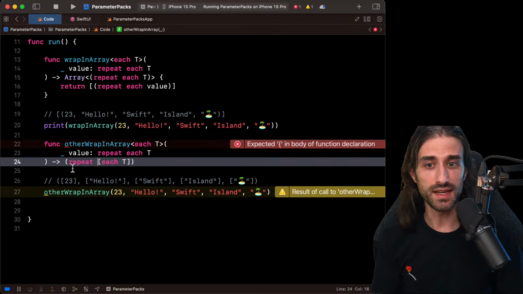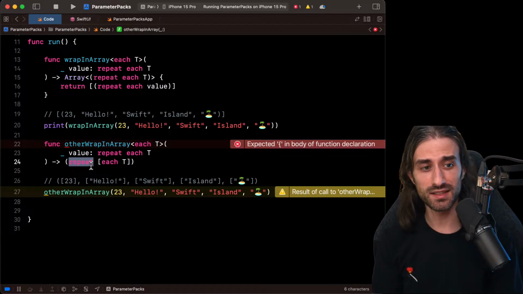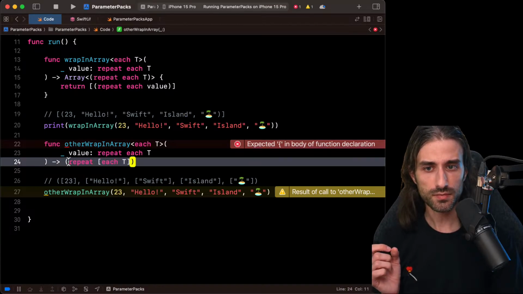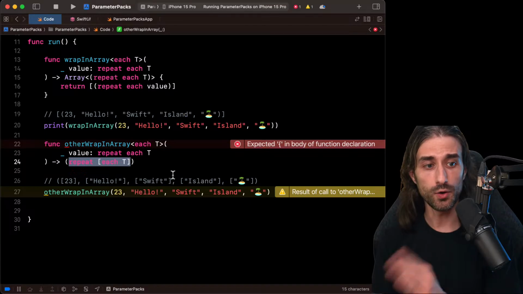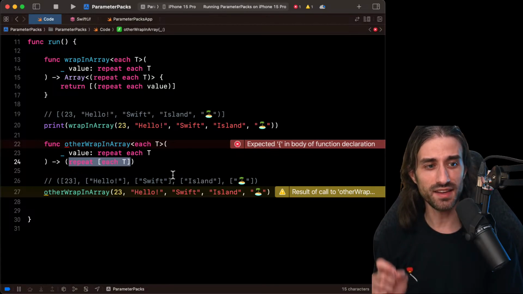And this time, it makes much more sense to the compiler and also hopefully to us, because what we're saying is that we are doing a pack expansion. We start it with the keyword repeat, and then we say in this pack expansion, we want to build not just a comma-separated list of the types used at the call site, but we want to do things with this type. And so we want, namely, to wrap them into arrays. And so with this syntax, instead of generating a comma-separated list of the types, we are generating a comma-separated list of the types, each of them wrapped inside an array.